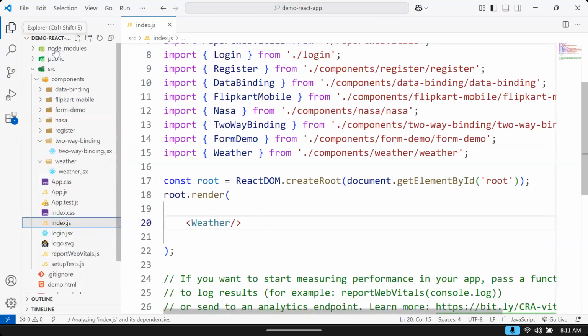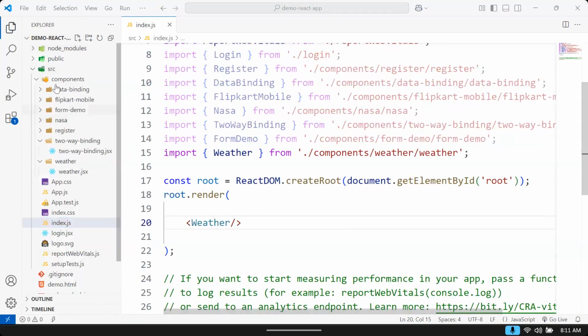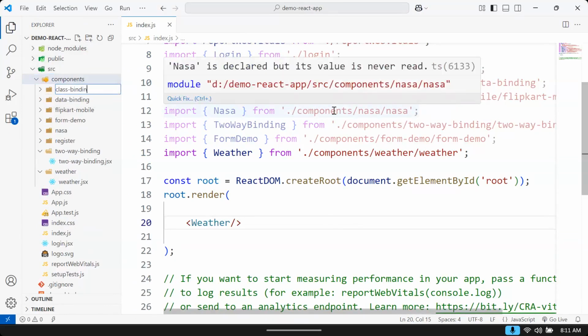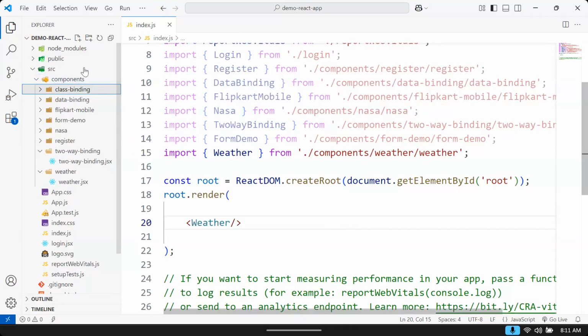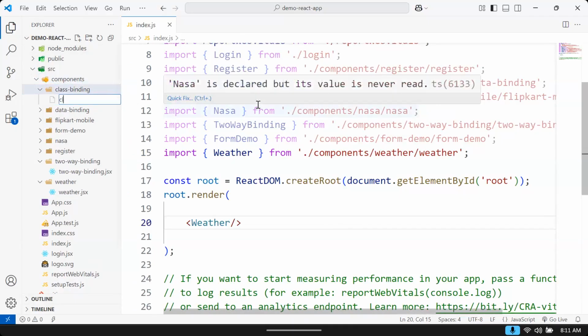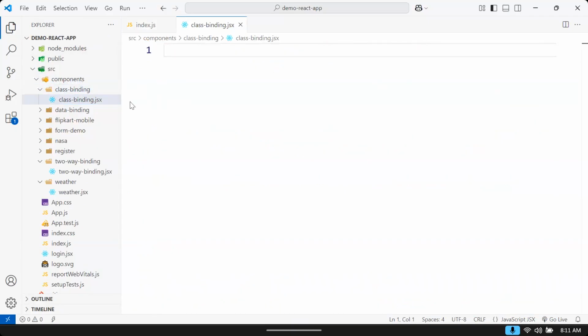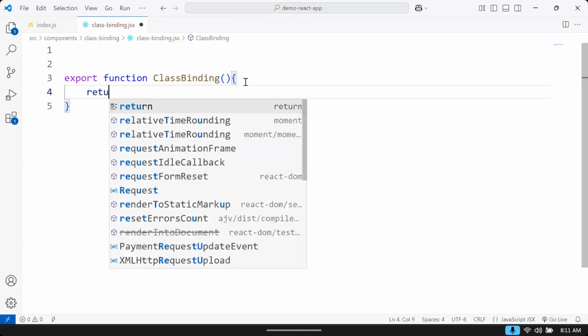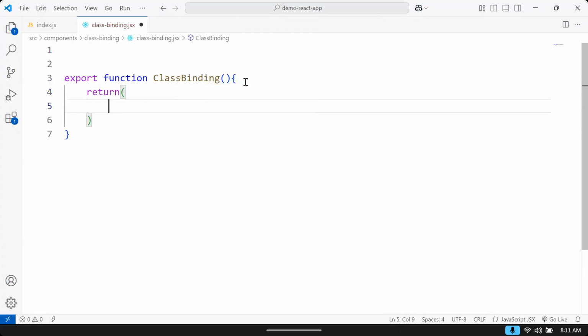I will create a new component here, class-binding.jsx, and create a component, export function ClassBinding. In this ClassBinding, we have to return a simple div